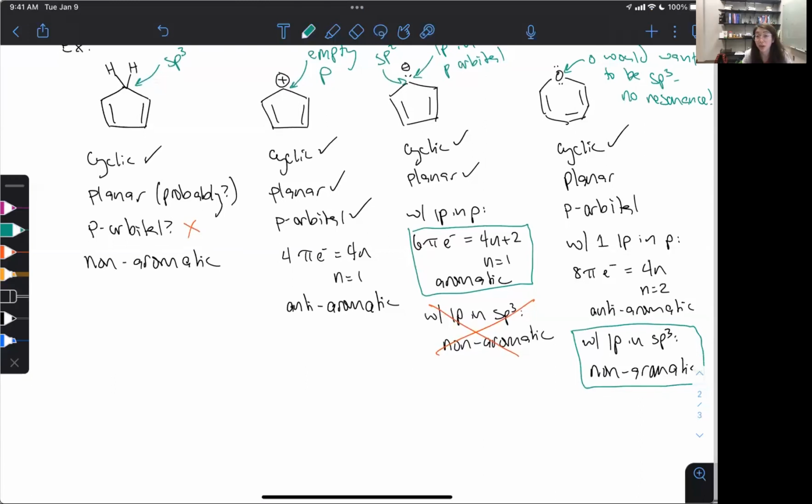There we go. So no resonance here. That way we make sure that we have not anti-aromatic and we just have the non-aromatic. So that's going to be sp3. We're going to avoid the anti-aromaticity by doing that and be a much lower energy structure overall. So we are not going to do this, and we cannot draw resonance without oxygen. So that is something we need to keep in mind for future reactivity, where something like this, we would just be able to do alkene reactions on it rather than the aromatic reactions that we're going to learn.